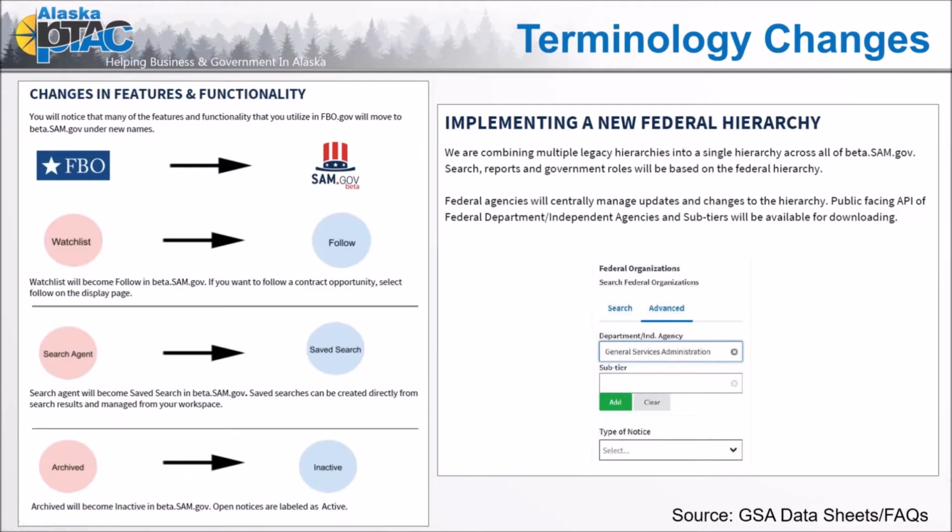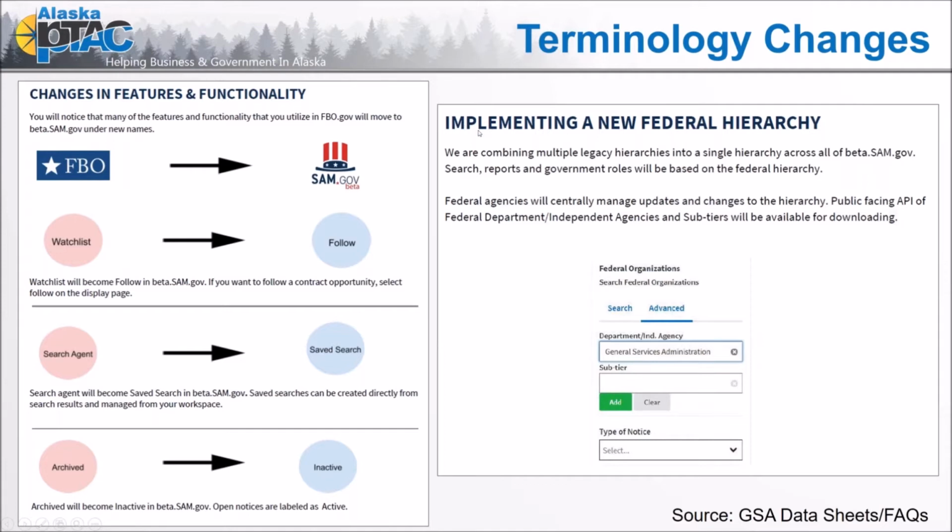All right, moving forward, just some real quick terminology changes. Some of these are pretty obvious, FedBizOpps to SAM.gov, Beta SAM. Watch list, we had our watch list, now it's follow. Search agent is now saved search. Archived is now inactive. This one is important when we do our search. And I just wanted to take a quick moment